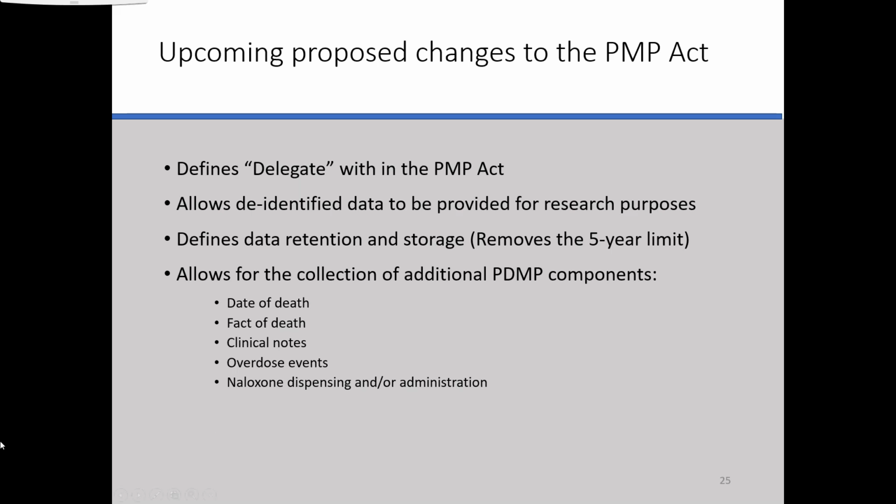To give you a perfect example, we have clinicians that reach out to us on a regular basis who want to go through the IRB and put together a research project with patient consent and all of those things to research patient utilization of opioids and weaning off of opioids and some other things. Unfortunately, because those patients are identifiable, even if they consent to the release of their KTRACS information, we're not able to provide it for the purpose of research. We're only able to provide it for the purpose of clinical care.